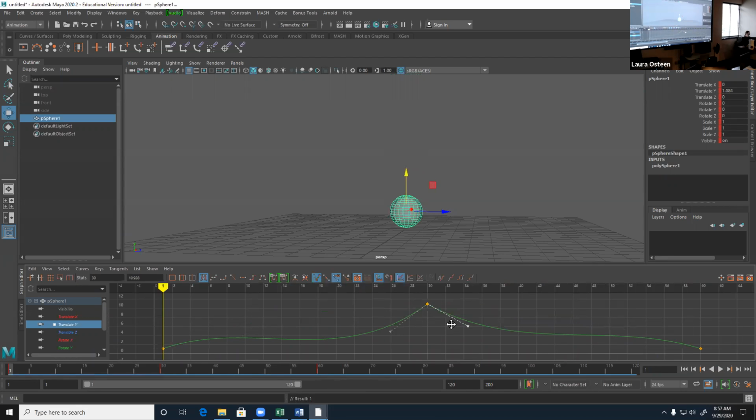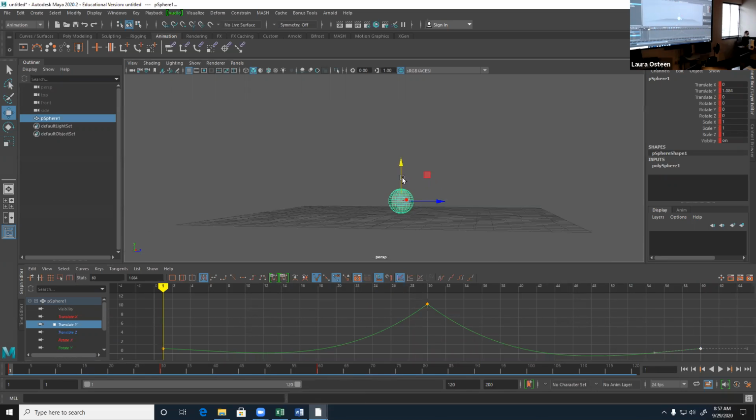Maybe it looks like it's hitting this way. Yeah. So now it looks like it's hitting a shape. I'm going to turn my grid off. And then I'm going to go back